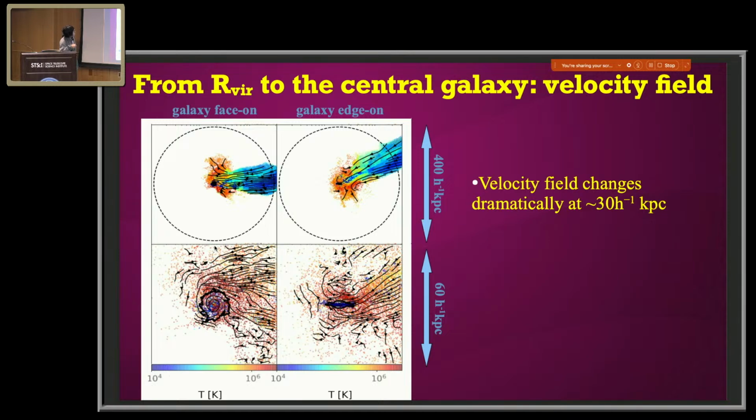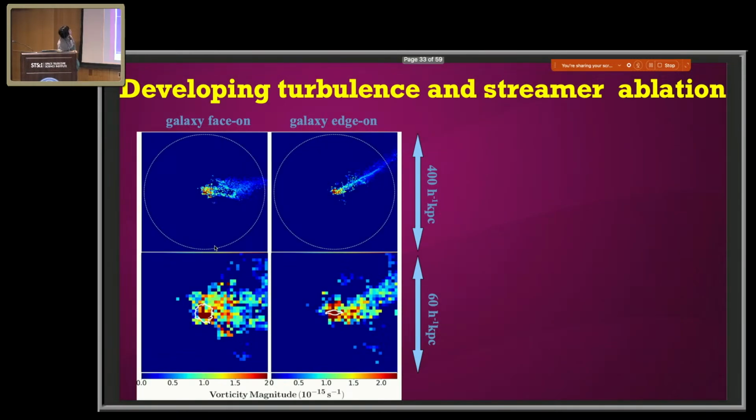If you look at this scale, it's around 30 kiloparsec for our galaxy. And also, if you look at the edge-on view, you can see that because the filament is much thinner than your galaxy scale, some of the filaments just miss the central galaxy, and then they return to the CGM. Also, we want to check the turbulence level for the galaxy, and here is a figure very similar to the previous one,